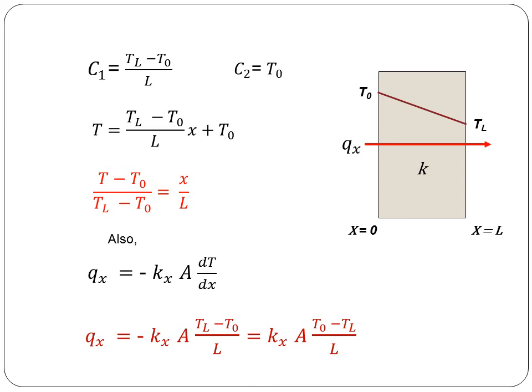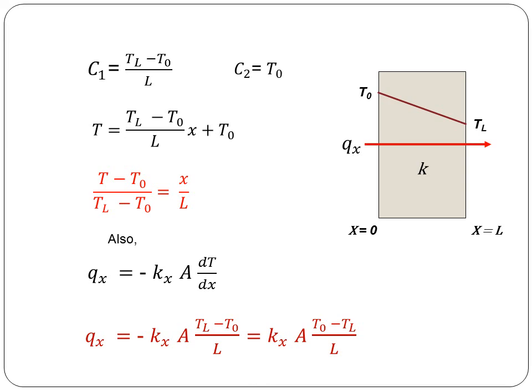If I want the value at x equal to L by 4, I just substitute x equal to L by 4 in this equation, and I will get that temperature, if I know the inner surface and outer surface temperatures. So, that should be known. This is the way you can deal with the numerical using this general heat conduction equation, and we have reduced it for unidirectional heat flow and obtained this expression.